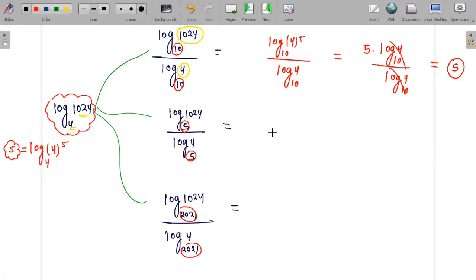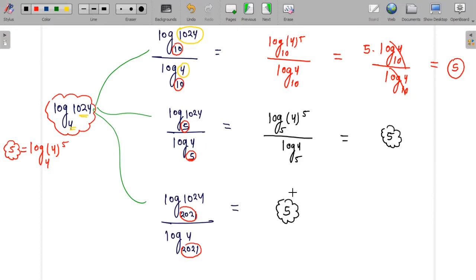Now let's try to simplify the other one. Still my approach will remain the same. Again, I'll be writing 1024 as 4 to the power 5 to the base 5. And in the denominator, still I have log 4 to the base 5. Then I think you may guess the answer. What will it be? Without further simplifying this question, I can write it directly. It is equal to 5. Then maybe in the third one, you don't even have to solve the whole question, and you will end up writing the answer of this question.